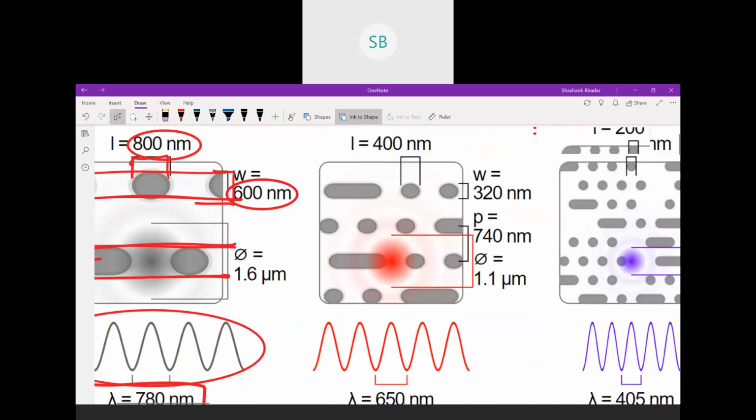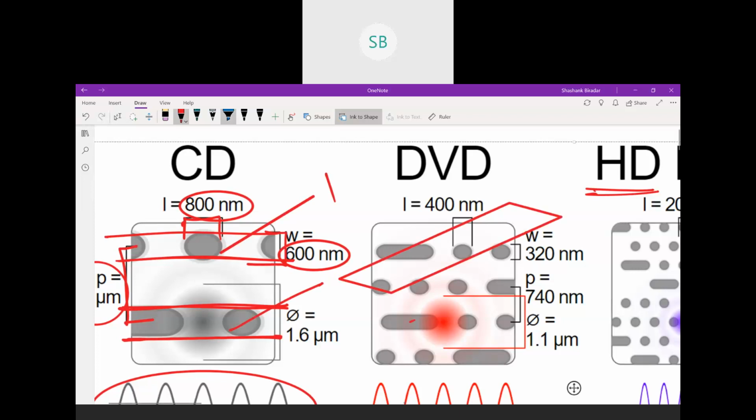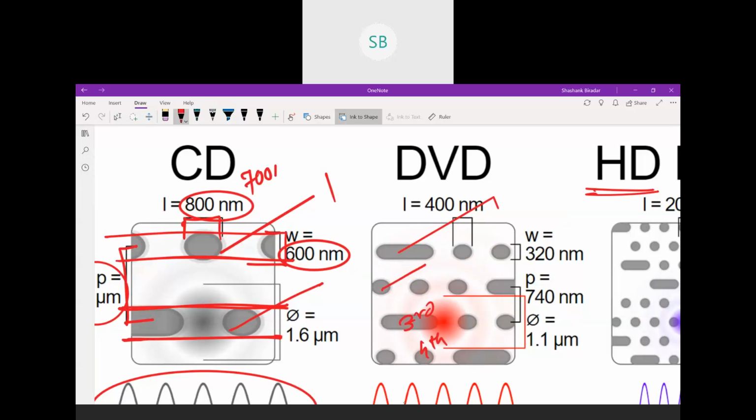Then coming to the DVD. Now you can observe the difference amongst the tracks, the widths, the intertrack distance. Here you can see only two tracks, this is one and this is two. But in DVD you can see the first track, second track, third track and a fourth track. So automatically it is doubled. If I say this is 700 MB, then obviously it could be 1.4 GB.